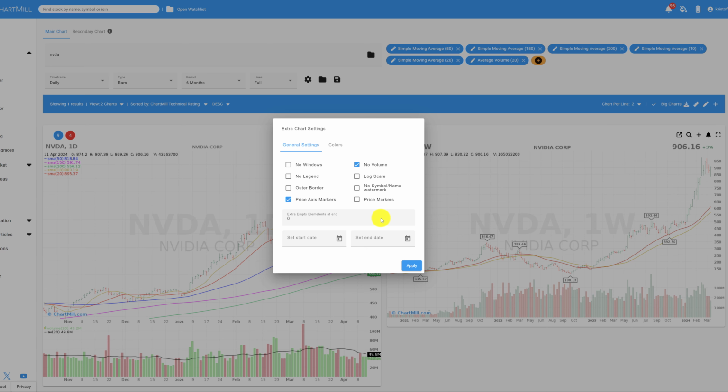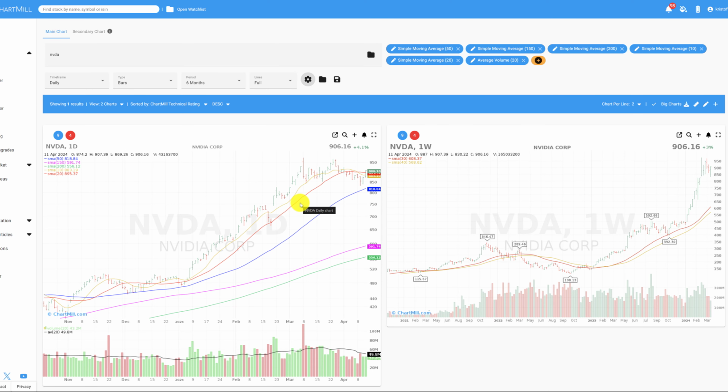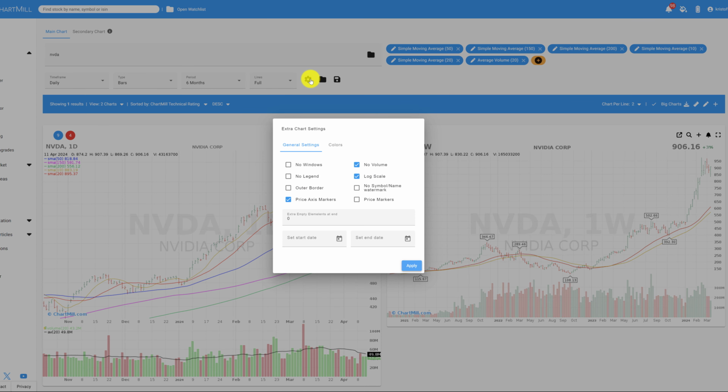And finally, the last three checkboxes. First, the option to choose a logarithmic chart. This was pretty high on the list of requested features. Now, if you don't want to see a watermark on the chart, as you can see over here on the chart, then simply check this option,